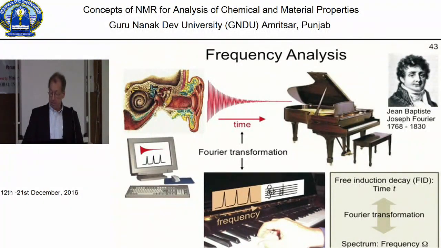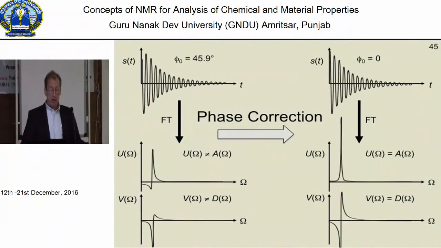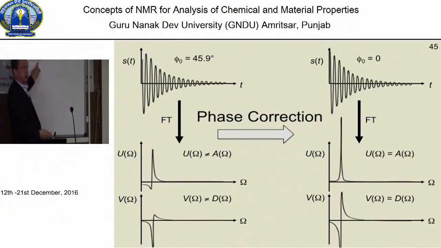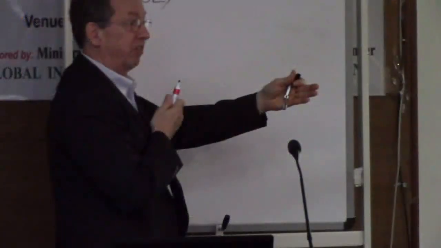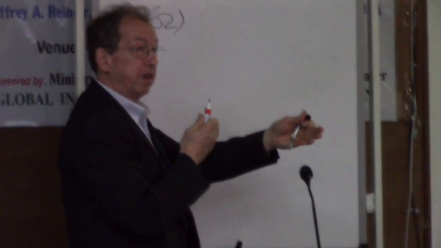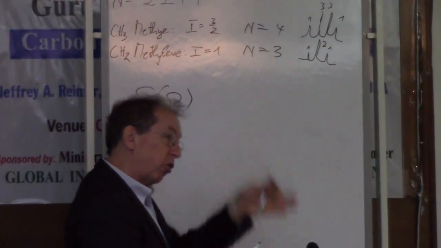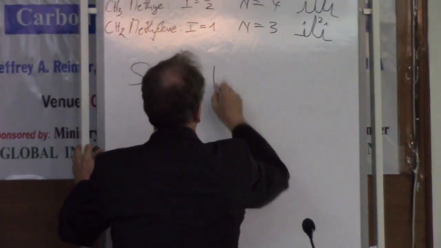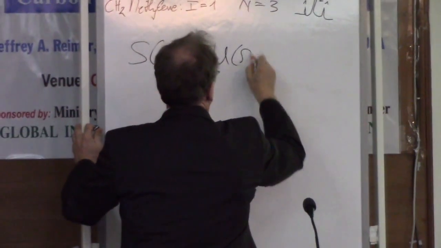The next step when you measure an NMR spectrum is the phase correction. Because the signal, probably I should go to the blackboard, the spectrum, we call it S of capital omega. Omega is the frequency in the rotating coordinate frame, or the frequency offset relative to tetramethylsilane as a reference compound, because it has a very high shielding and gives you only one resonance frequency. Typically that's set to frequency 0. That is represented as a complex number,